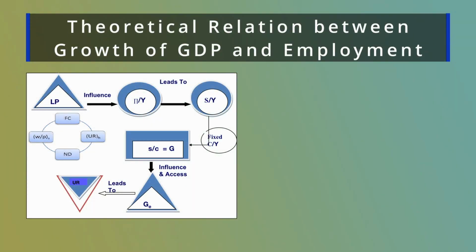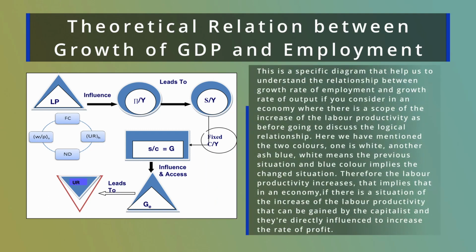Now, this relationship between growth rate of employment and growth rate of output can be explained with the help of this diagram. This is a specific diagram that helps us to understand the relationship between growth rate of employment and growth rate of output. Consider an economy where there is scope for an increase of labor productivity. Here we have used two colors, one is white, another is blue. White means the previous situation and blue color implies the changed situation. Therefore, here labor productivity